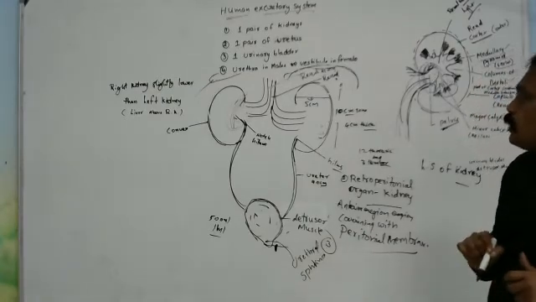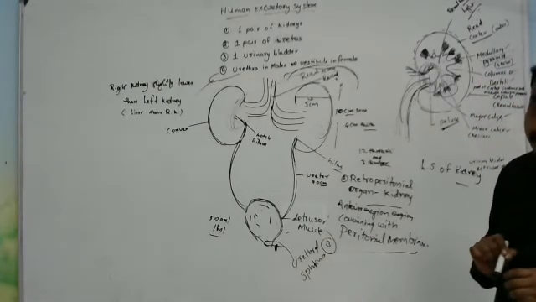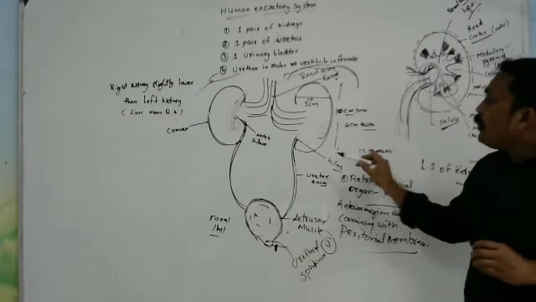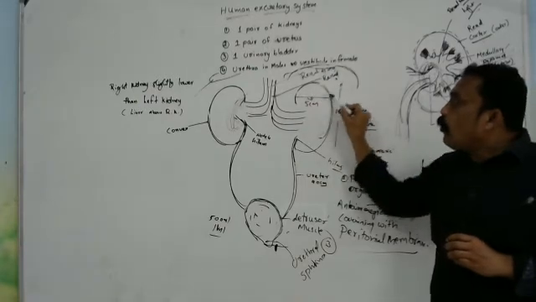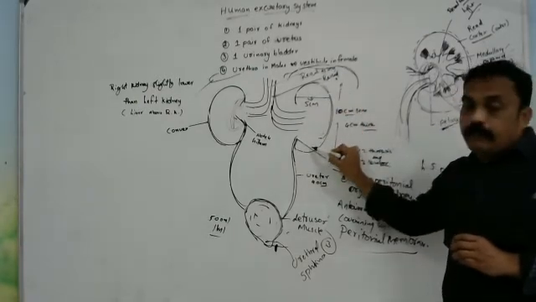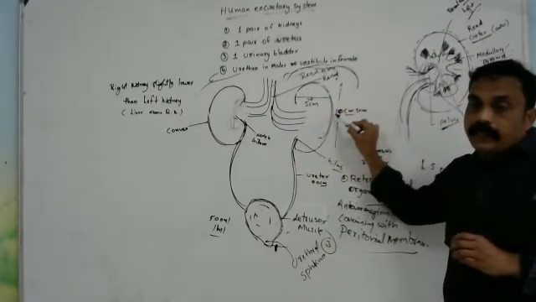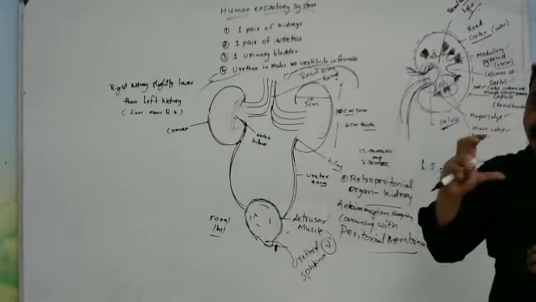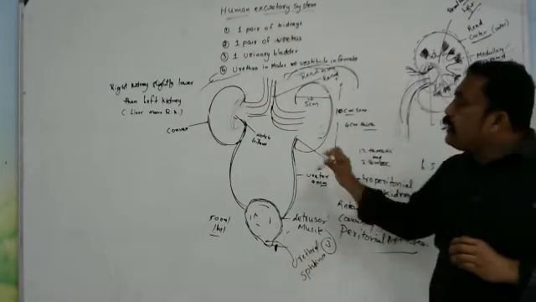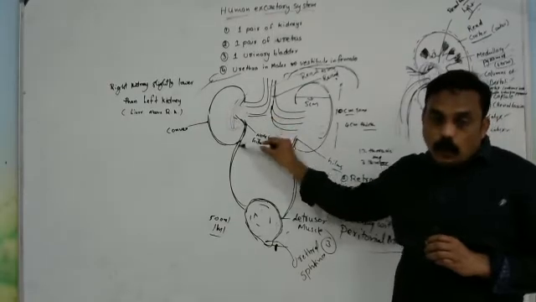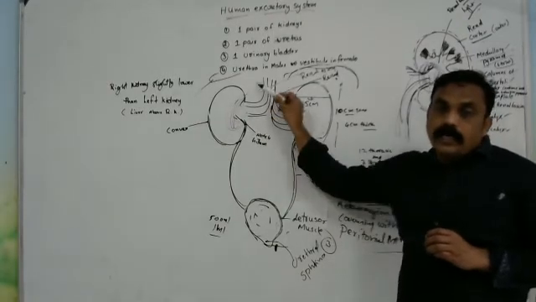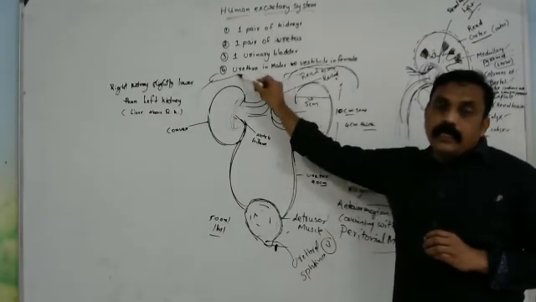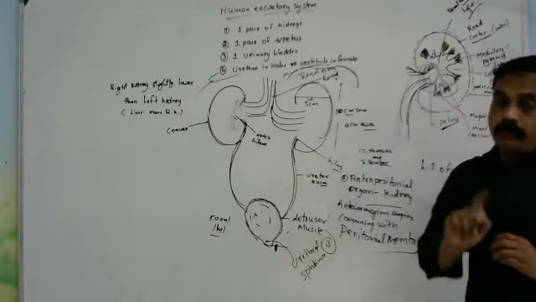If you observe the kidney size, generally the kidney is approximately 10 centimeters long, 5 centimeters wide, and 4 centimeters thick. The right kidney is slightly lower than the left kidney. Why? Because above the right kidney, the liver is located. Try to remember that point.